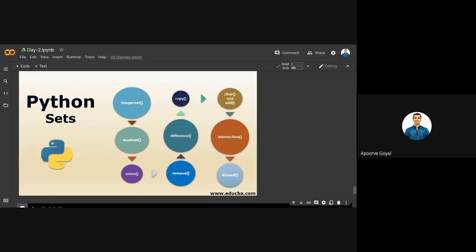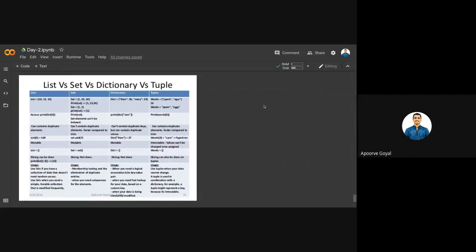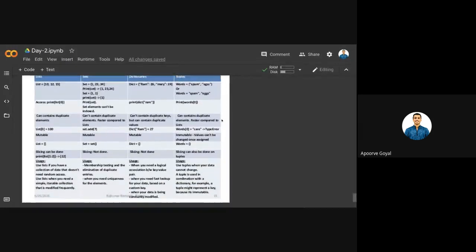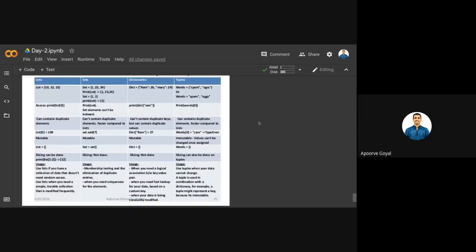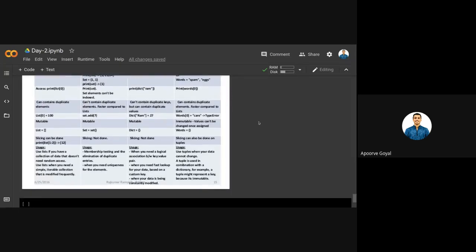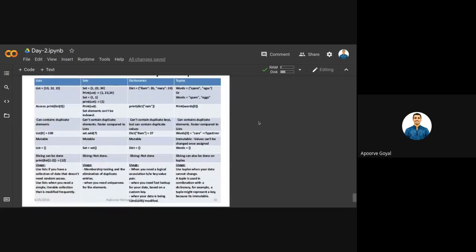Till here, if you have any doubt, just post it in the chat box, or else we can move ahead towards quiz time, maybe the most interesting part. Here I have also listed a screenshot where you can see the difference between list, set, dictionary, and tuple. It should give you an idea of the main difference between all these four data structures.